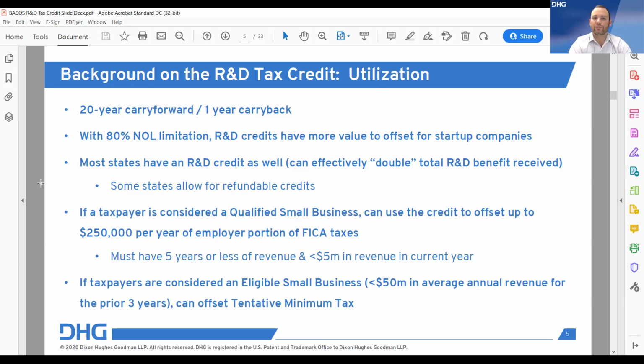There's two other provisions that are also useful. One is called a qualified small business. So with this, if you are in your first 5 years as a company of having revenue, and your current year has less than $5 million in revenue, then you're considered what's called a qualified small business, or QSB. And that allows you to actually offset up to $250,000 of the employer portion of your FICA payroll taxes for